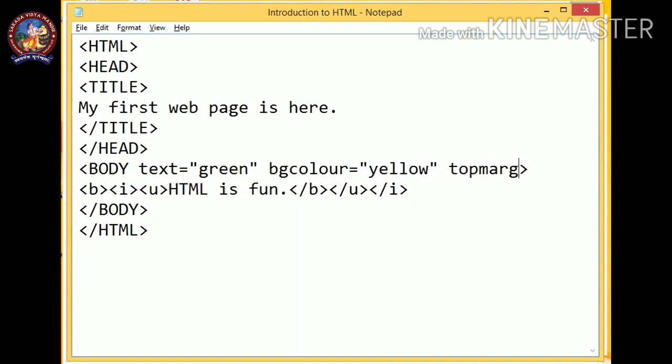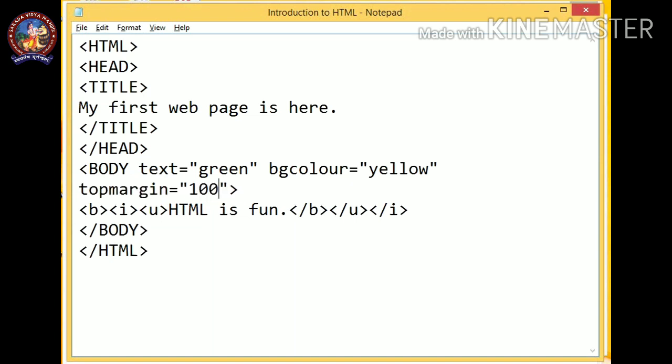Top margin means from the top, at which position the paragraph or the sentences we have written inside the body tag will be displayed. So I'm giving 100 here. And the left margin is also similar. It marks the left margin area. Remember, all the attribute values must be written inside double quotation marks. Here also I'm giving 100.